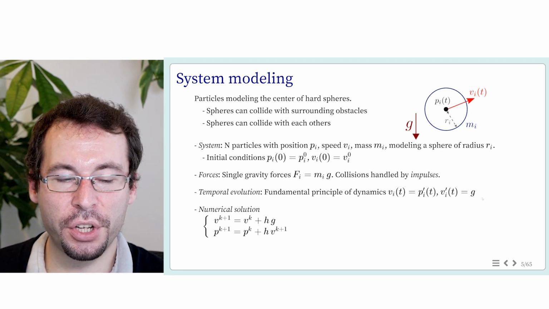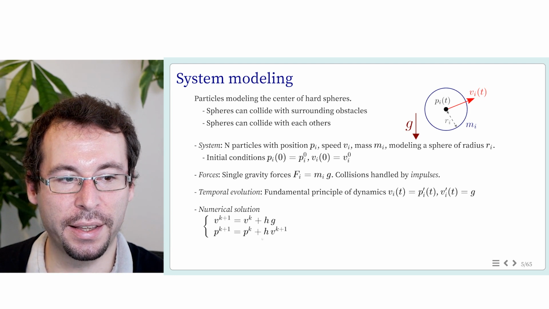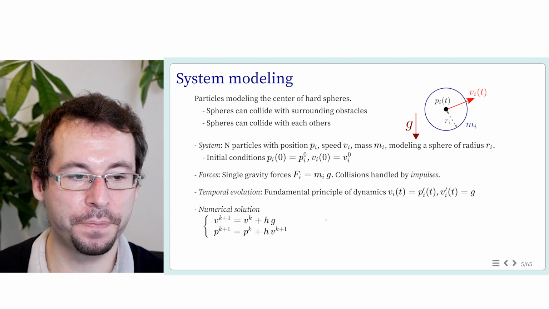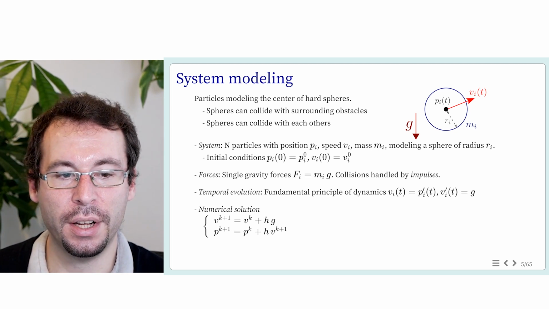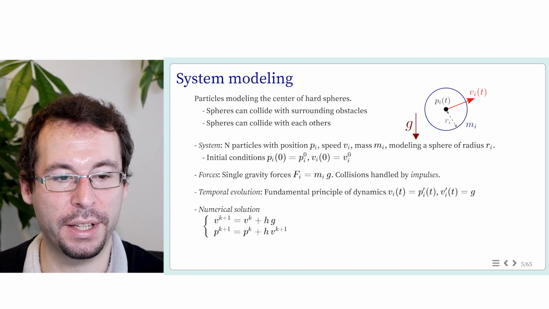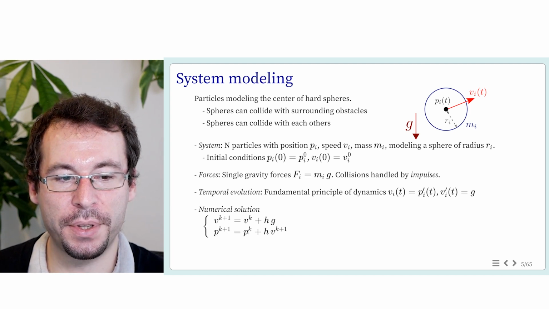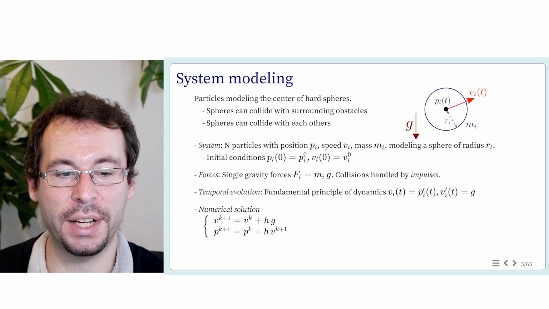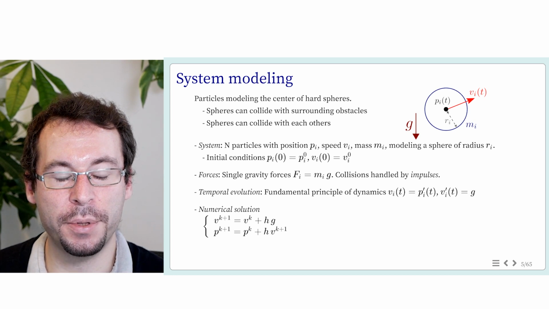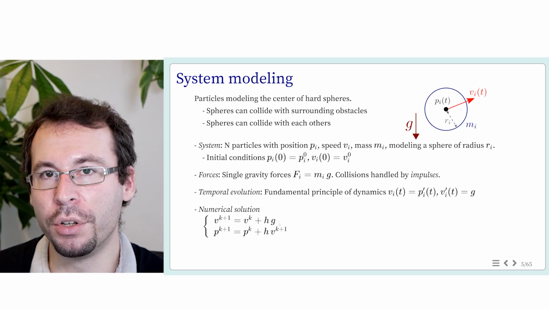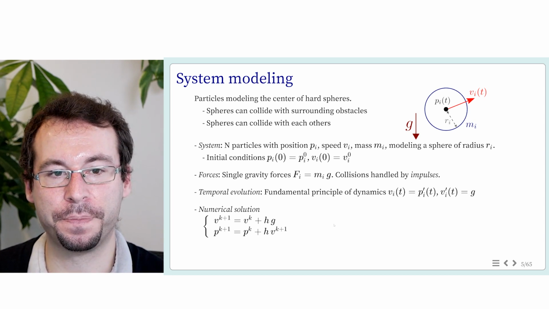And to integrate this equation, so this one is pretty simple, but I can add a non-linear element if I want. I can integrate it using a numerical solution, saying that the speed at the next time step is equal to the speed at the current time step plus some small time step that I call h that multiplies the gravity, and the position at the next time step is equal to the position at the current time step plus h, the small time step, times the speed, and I take the speed at the next time step, the one that I just computed. We are going to see later why this approach is actually better than using v at the current time step.